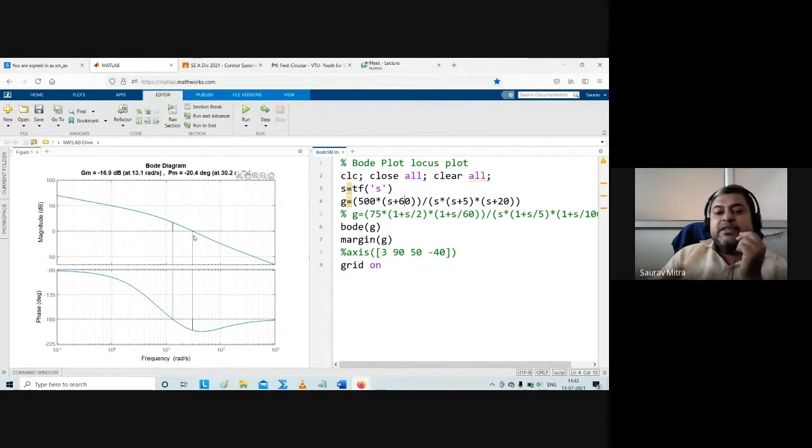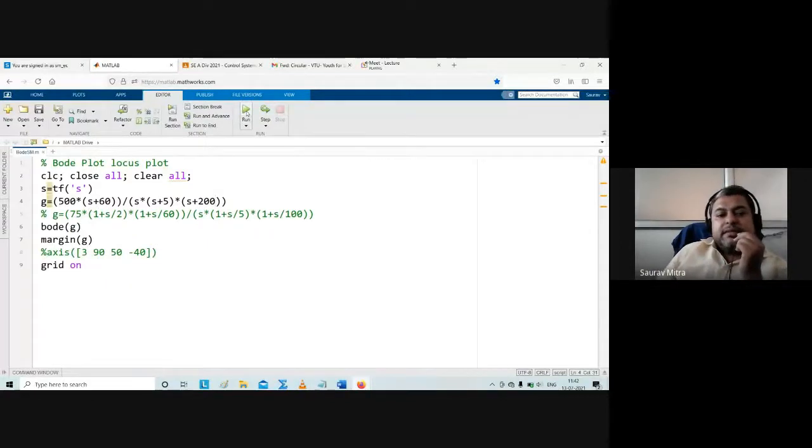If you are adding a zero of very high frequency, the system will become more unstable. That is what you are finding. So zeros have to be added with lower frequency values. That will make the system stable. Or you can add a pole with higher frequency values. So make this 20 as 200. Again, you will find that the system might become stable. Just check. I have made this corner frequency of 20 as 200.